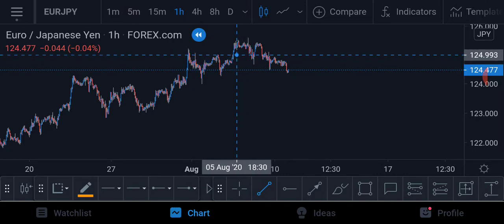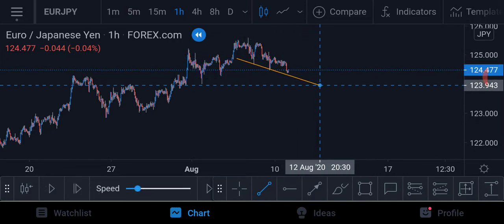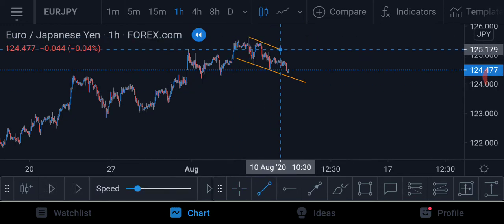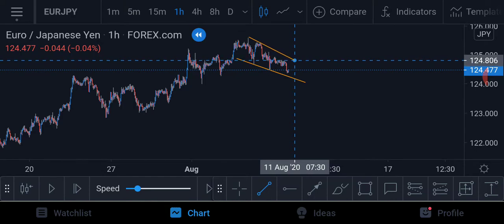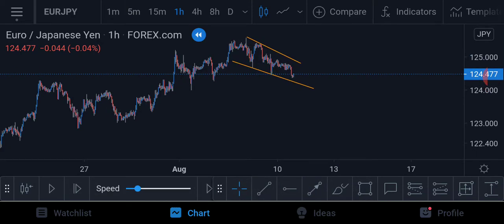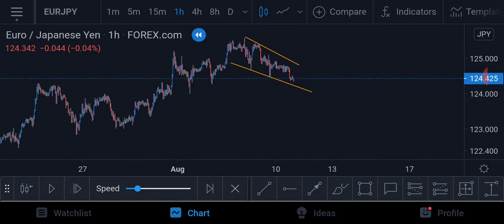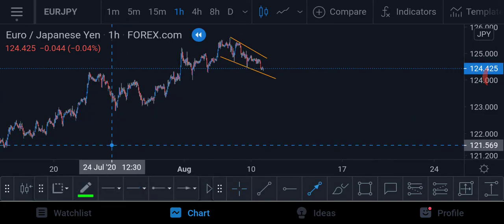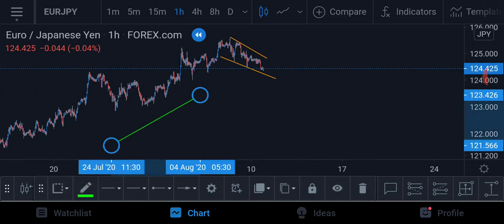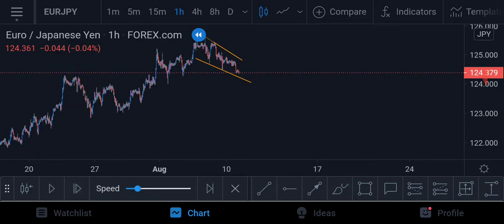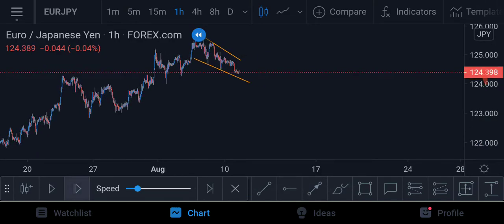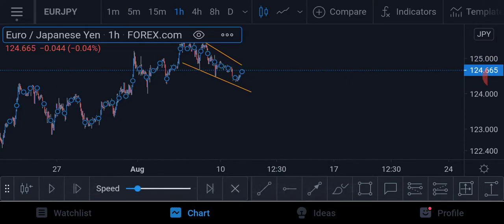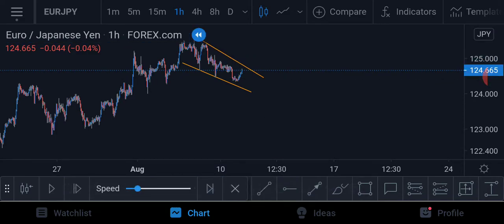You can see that price made these structure lows. I am identifying them with trend lines, and those structure lower highs. I will wait for a breakout to the upside because initially price is in an uptrend. You can see that price is in uptrend, so this pattern will work for us as a continuation pattern. Price is just performing under this, so let's just wait right now for a breakout.